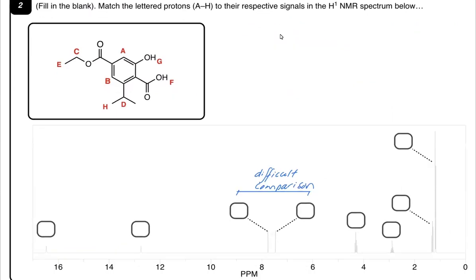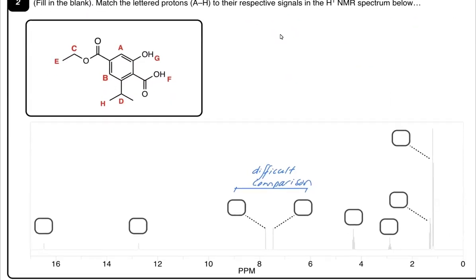We're now going to do this again here. So I'm going to scan my structure really quickly, then I look at my spectrum. What I'm seeing is I've got a broad singlet here around 16 point something. I've also got another broad singlet here, so that will represent G and F. Now, of the two, I would say F is the more downfield shifting signal, G is the more upfield shifting